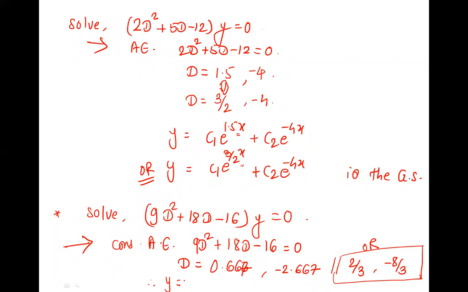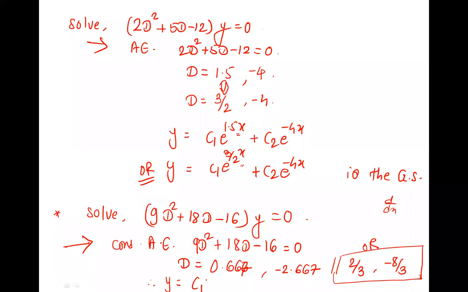4 types of nature are there. So this is of the type real and different. Very good. Real and different. So solution is y is, every time I'm writing y is equal to, because this is in y and D is nothing but d by dx. So y as function of x, this is obvious, right? But if the variable changes, you need to take care.